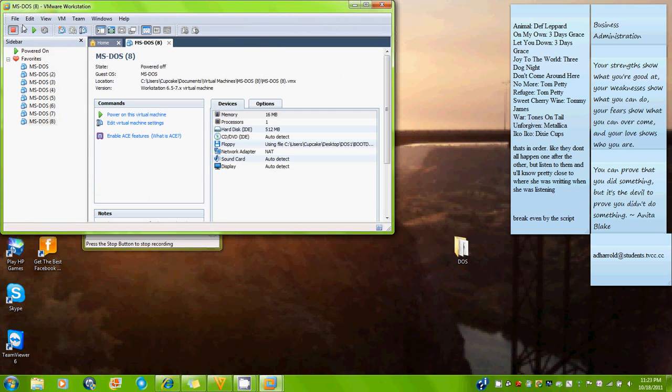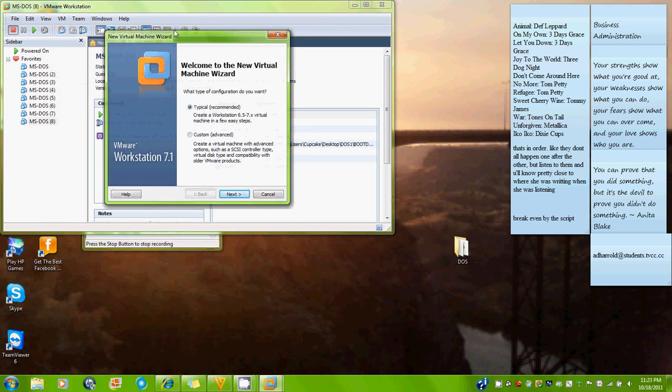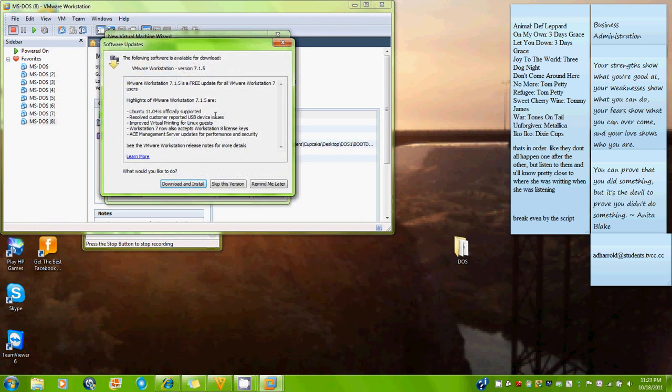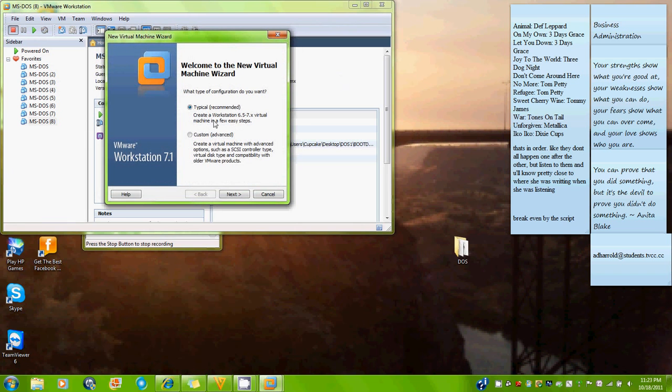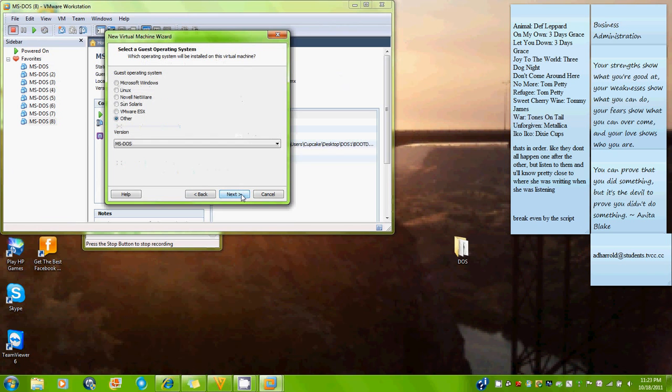Okay. And we're going to go to File, New Virtual Machine, and we're going to use Typical. Next. We're going to install the operating system later. That's what we have the disks for. Next, you want to click Other, and in the drop-down menu, choose MS-DOS. Next,